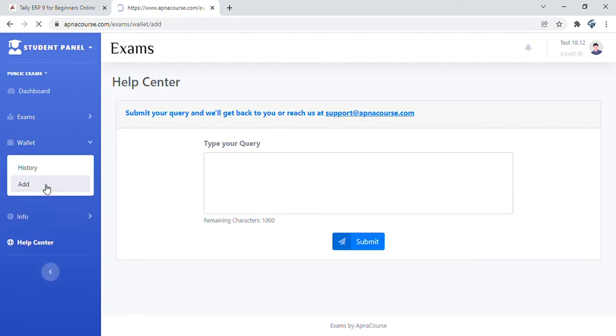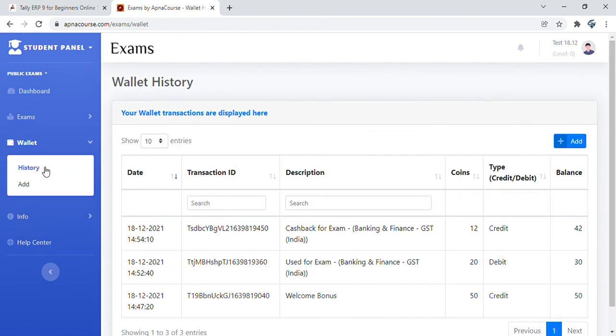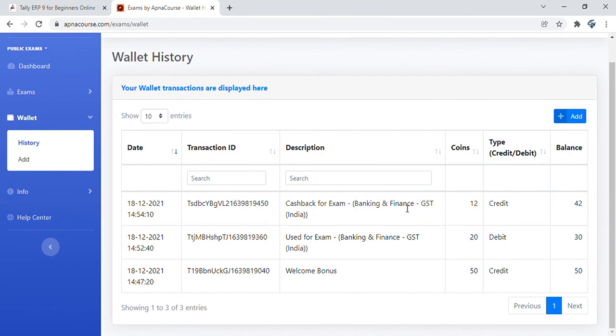In case you do not have Acoins or you have exhausted your Acoins, there is always the option to add them. As I said, this is a rewards platform. So you will also be able to see, as you saw on the screen, we got 6 correct answers, and this was a medium difficulty question, and therefore 2 times the cashback has been credited to us. So we got debited 20 Acoins at the start of the exam because we entered 20 as the number of questions to attempt.